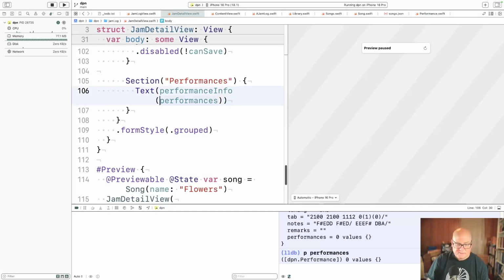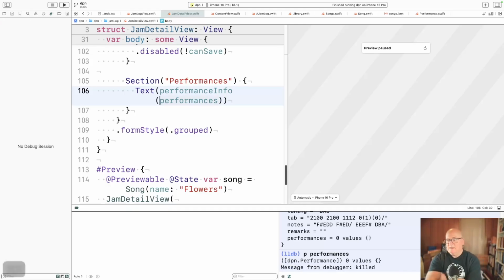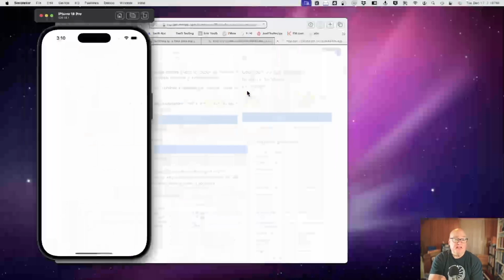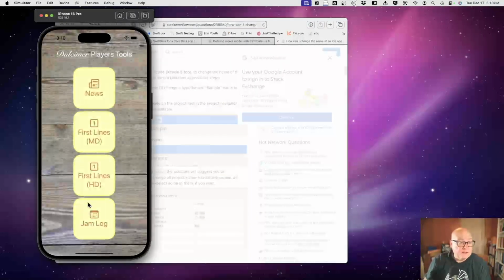Let's take this off and make sure things still run. Test tried to access index 0. I'm not sure why it's stopping at that assembly code for me. I didn't intend to set a breakpoint. I don't see one. Now, we should be back to what we were, just plain working.